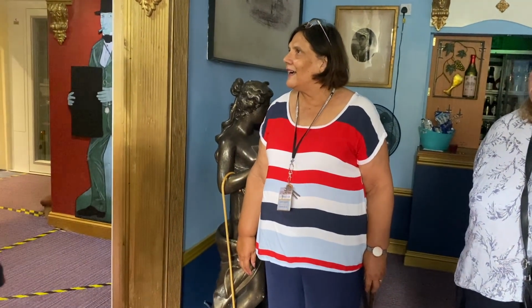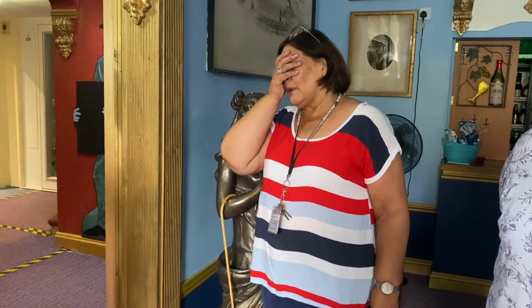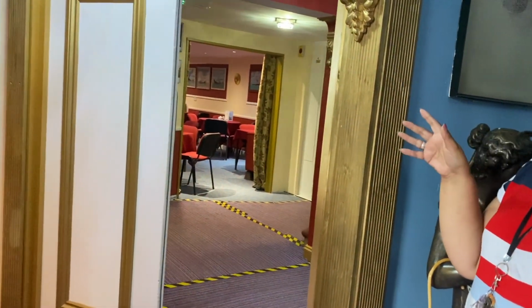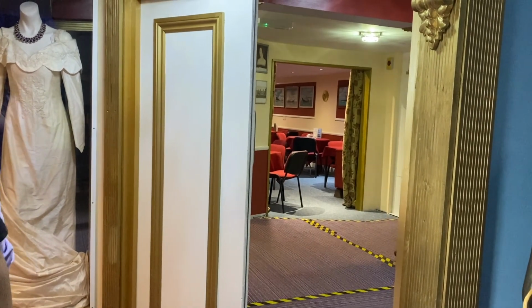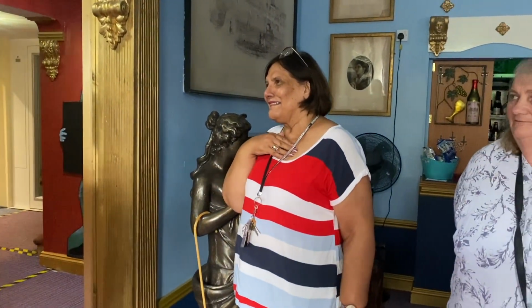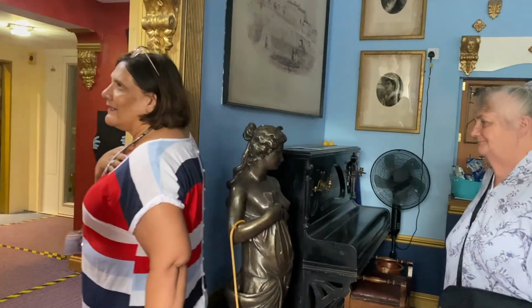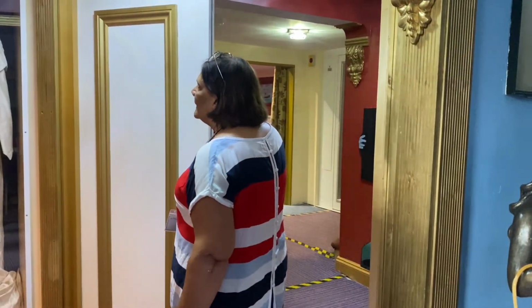What's the history of this dress? Well, we did have Max Miller's costume in there, and British Musical Society wanted it back. So I had to find something quickly to put in there, and so that's my wedding dress. Oh, that's lovely. Absolutely stunning. There you go. Oh, it's beautiful. Yeah, it is. Yeah, I'd like to get into it now. But...